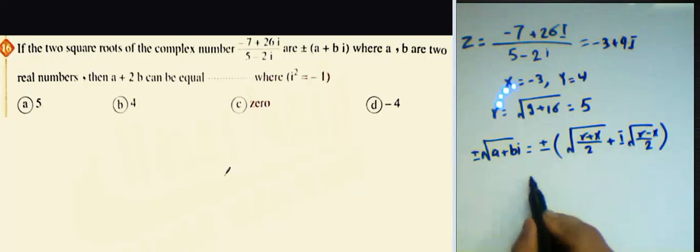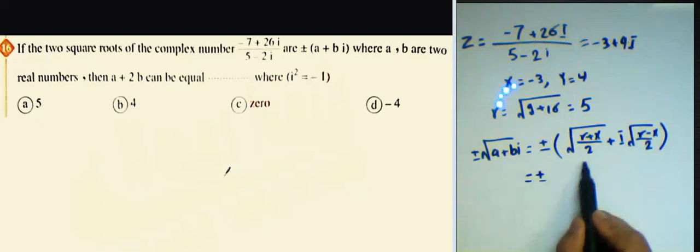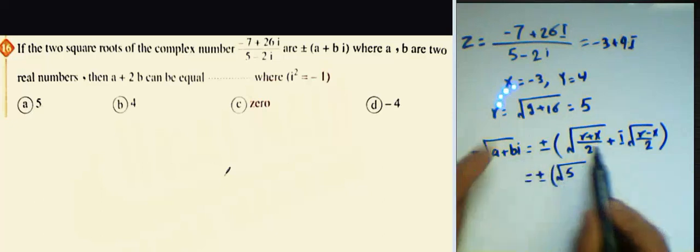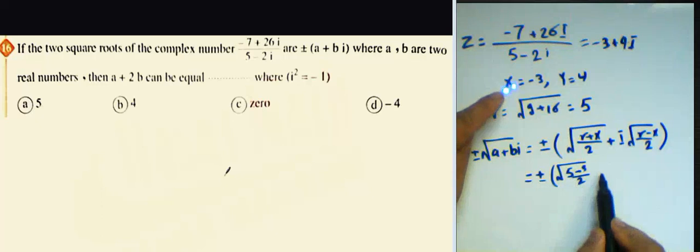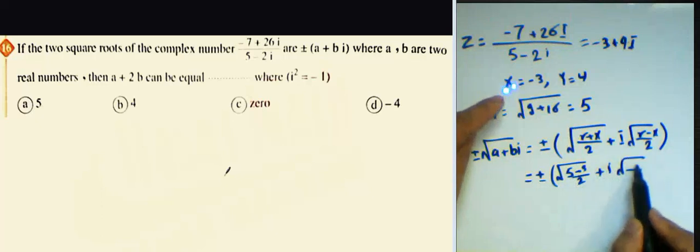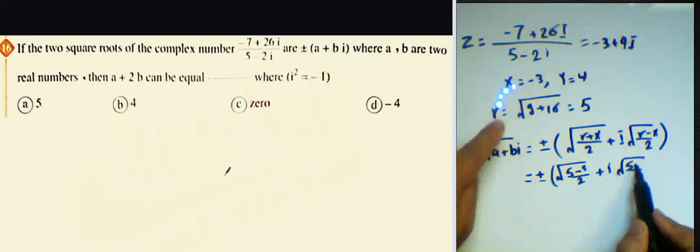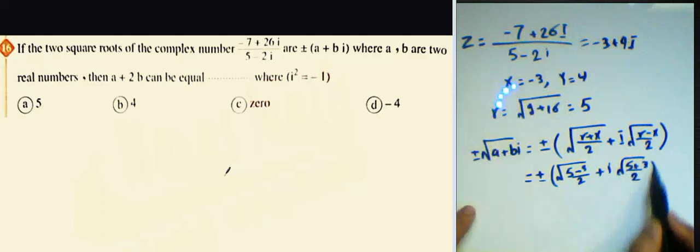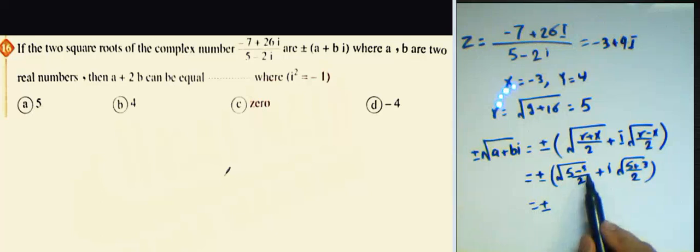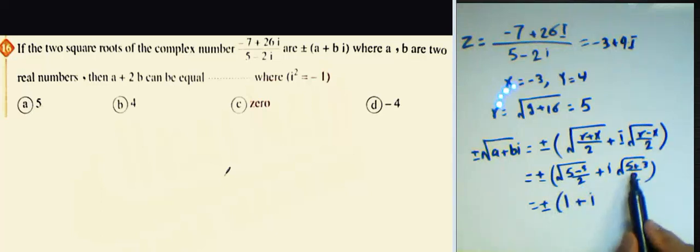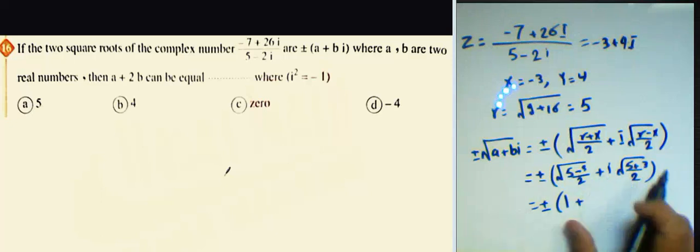Okay, complete with me. Write positive or negative square root of 5 plus x. X here was negative 3, so 5 minus 3 over 2, plus i, square root of r minus x, 5 minus x, minus times the minus equals positive. 5 minus 3 is 2, divided by 2 is 1, square root of 1 equals 1, plus i multiplied by square root of 5 plus 3, 8 divided by 2 is 4, square root of 4 equals 2, it will be 2i. Okay, the result will be 1 plus